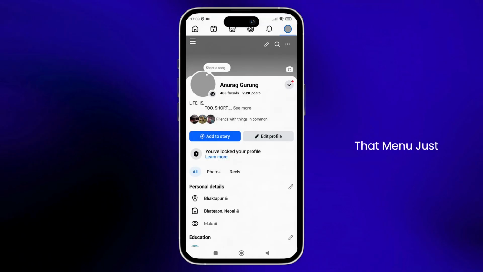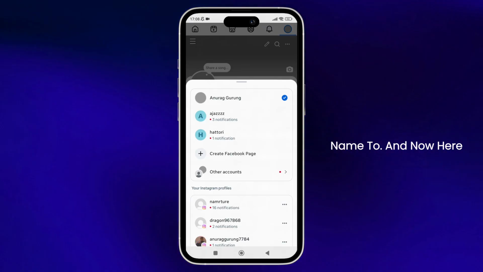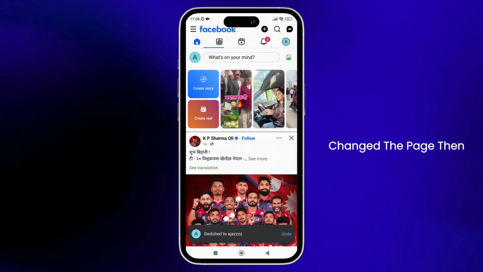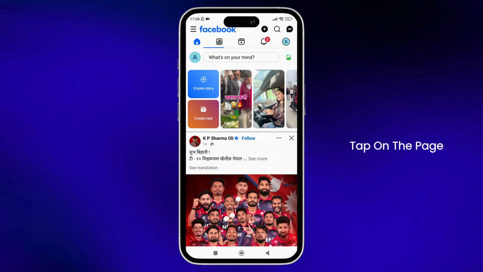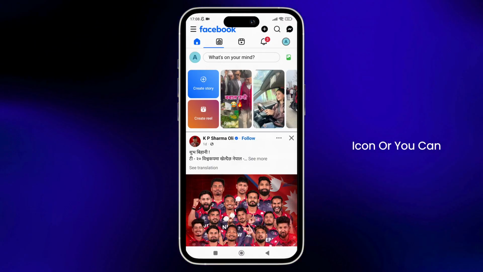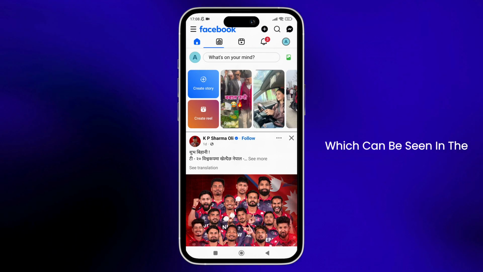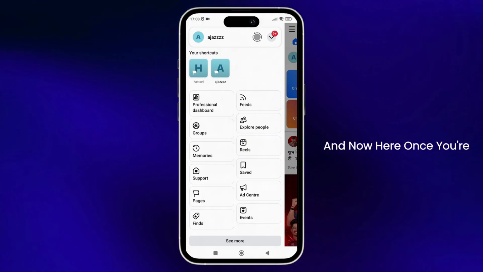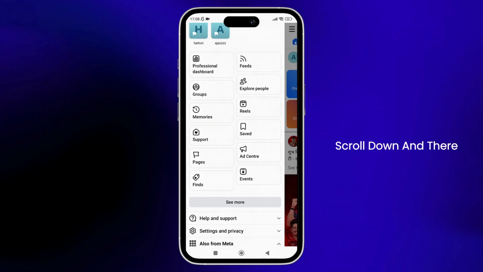In that menu, just select the page which you want to change the name to. And now here, once you have changed the page, then what you can do is just tap on the page icon, or you can even tap on the three dash icon which can be seen in the top left side of the screen. And now here, once you're inside the menu section, then what you can do is simply scroll down,